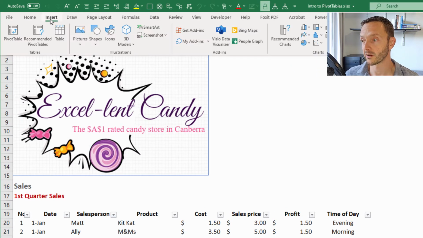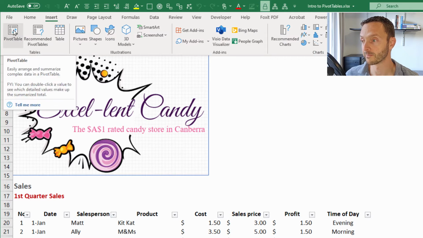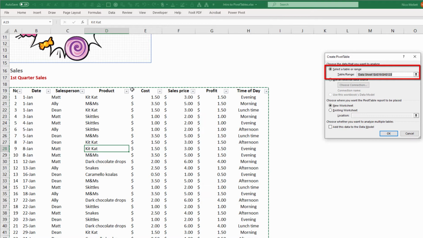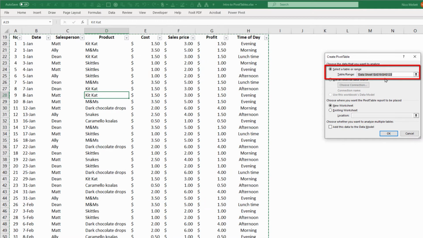Now, I'm going to cancel out of this because we will be creating our own pivot table. So instead, I'll go Insert, Pivot Table. Alright, so we can see Excel has picked up the data set. It's done a pretty good job, so I don't need to change anything there. But then I need to say if I want it to be in a new worksheet or in the existing worksheet. I'll put it on a new worksheet, so we don't need to change anything here.